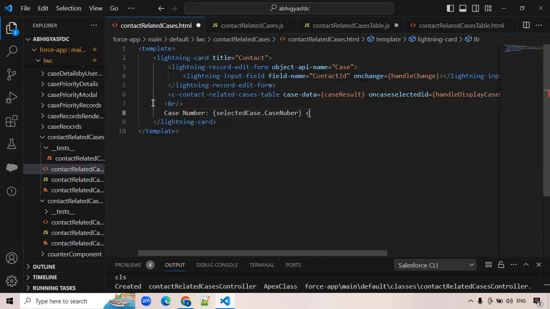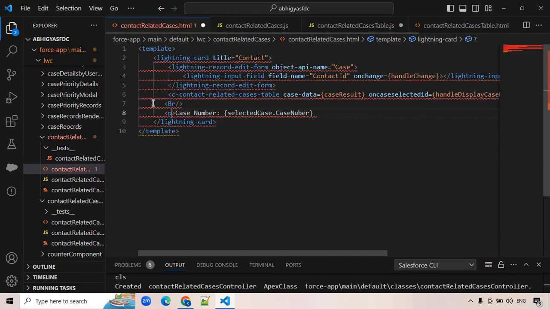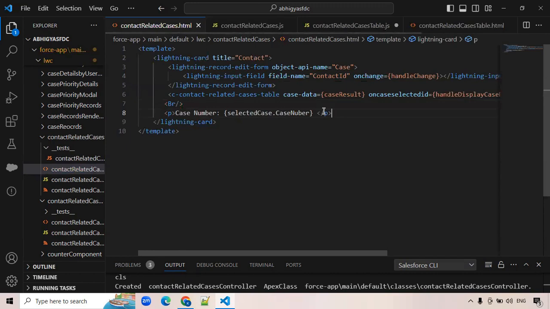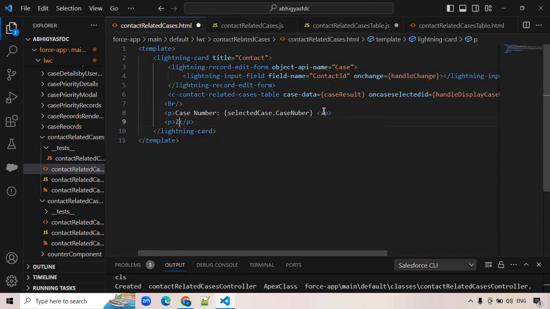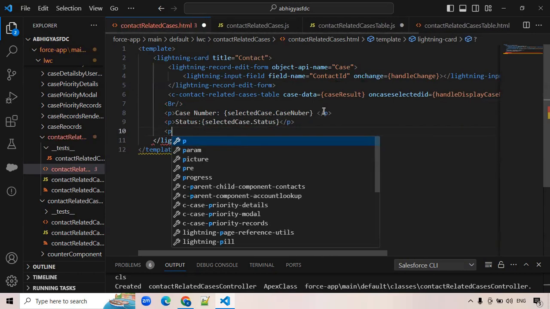or we can simply, instead of the break, take it paragraph-wise. So here we can take it paragraph-wise. So P, we have to close it with the P tag. So next is another paragraph. So here we have to display the status. So here selected case dot status, and next paragraph we are going to display the